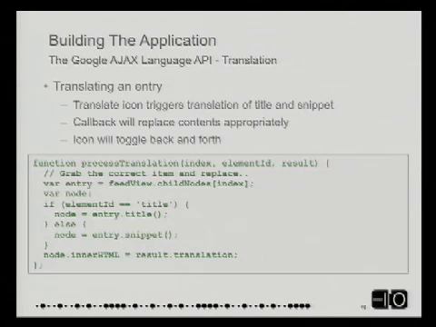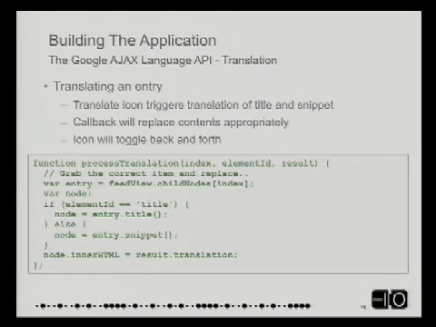I can go through the feed view, find that child node, and then I say if element ID equals title, replace that, and otherwise it's a snippet. What that code is doing is that I send the title and the snippet at the same time, but they might come back in different orders. And so I use the element ID. Again, there's tons of better ways to do this than the way I did it. It simply worked in terms of what we were trying to get accomplished here.